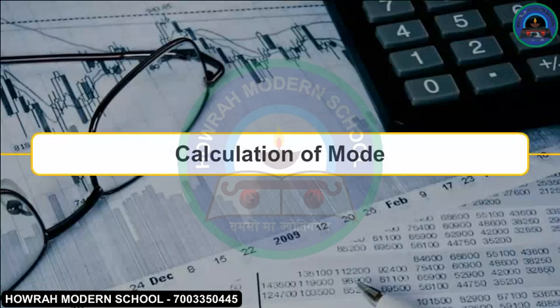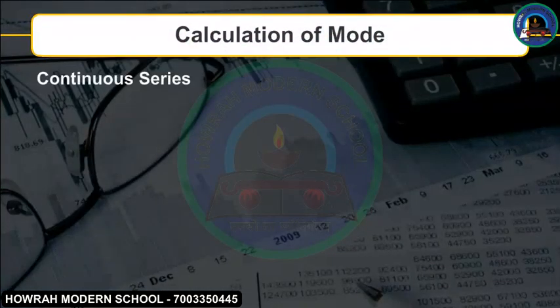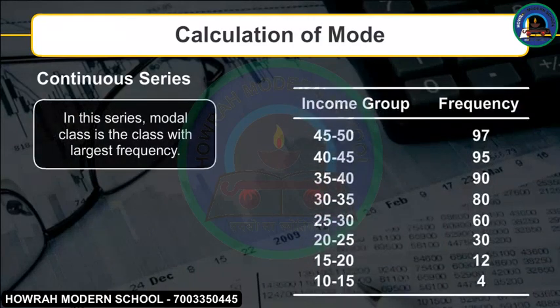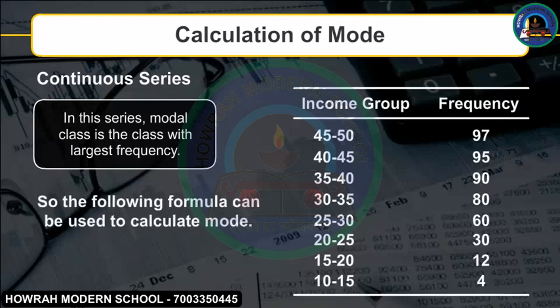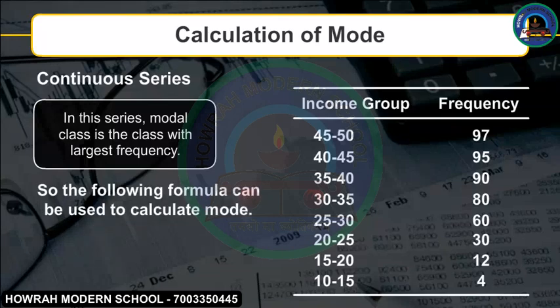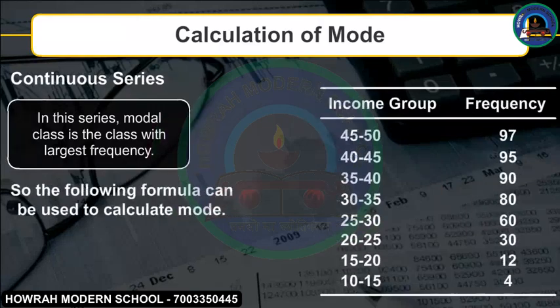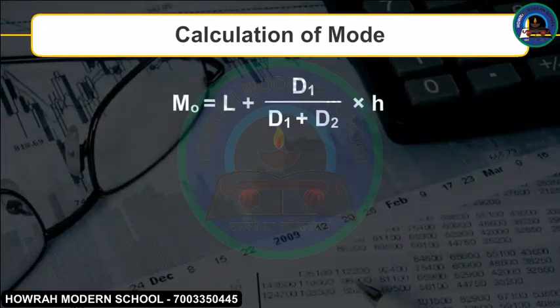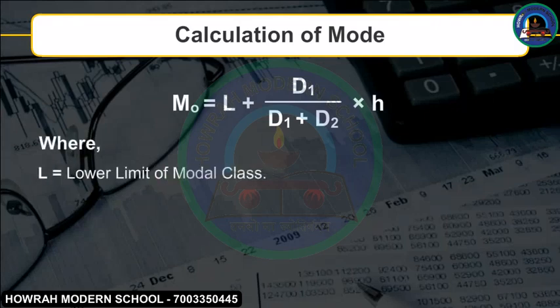Calculation of mode. Continuous series. In this series, the modal class is the class with the largest frequency. So the following formula can be used to calculate mode. MO is equal to L plus (D1 upon (D1 plus D2)) into H, where L is equal to lower limit